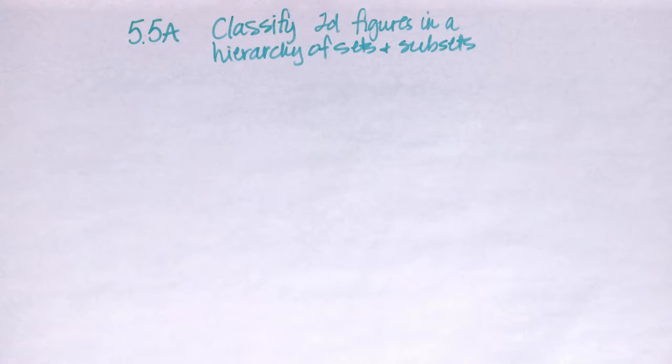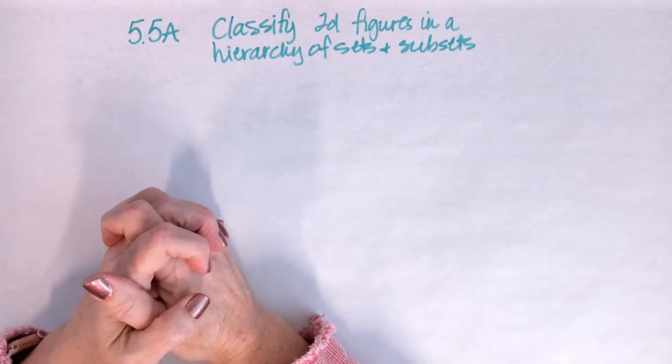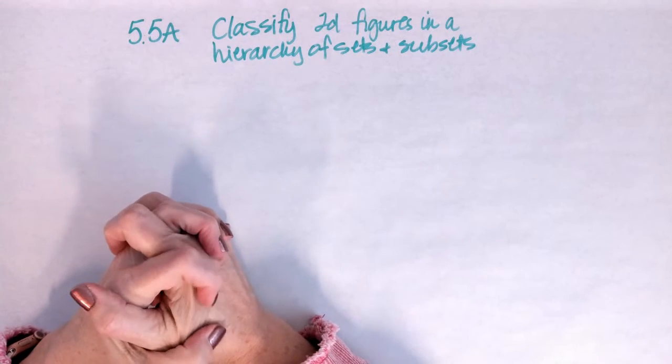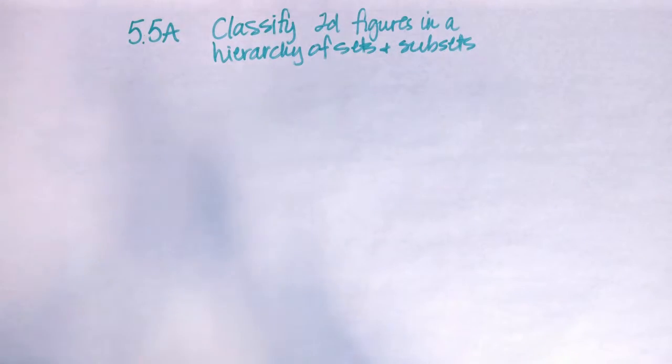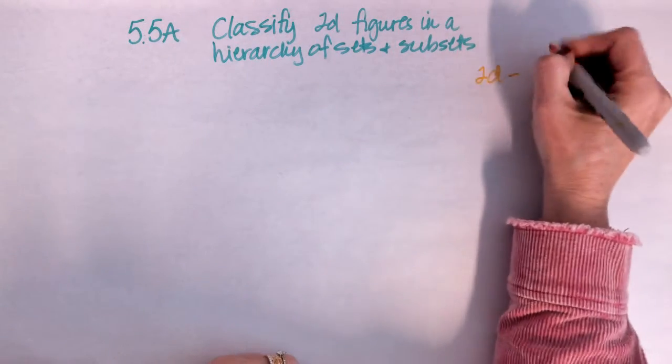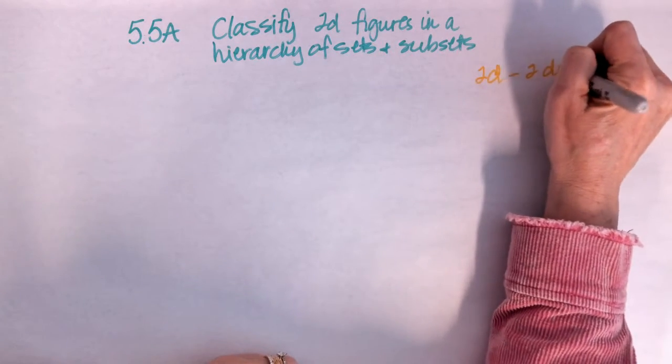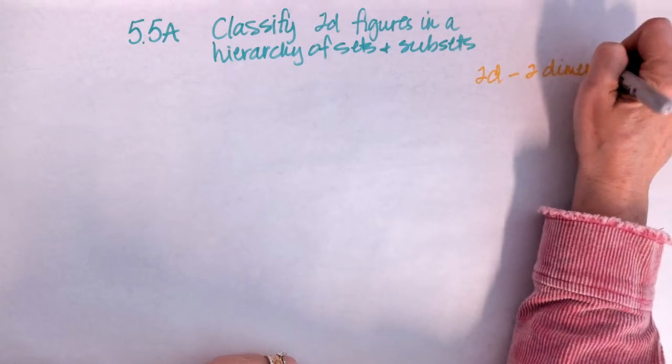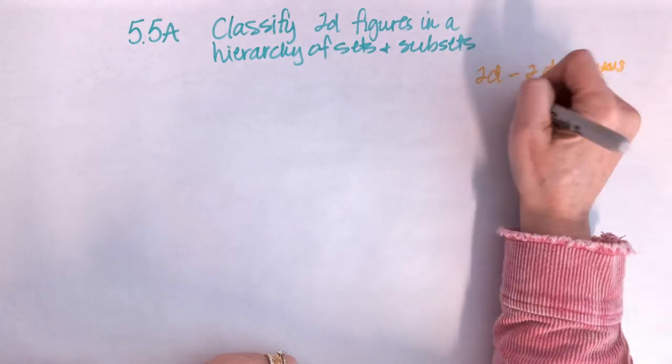So today we are going to talk about all of the details for our unit on 5.5a, classifying 2D figures in a hierarchy of sets and subsets. And we've got to start by knowing what a 2D figure is. So we just need kids to know that 2D means 2 dimensions, and those 2 dimensions are length